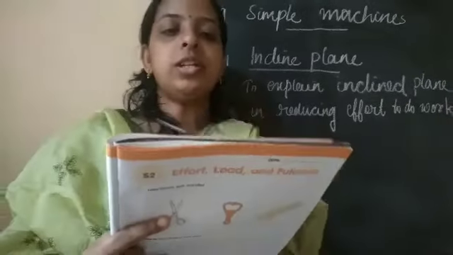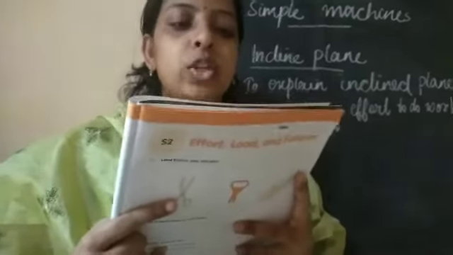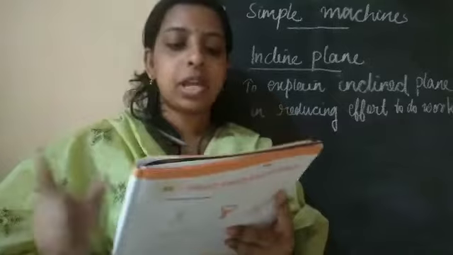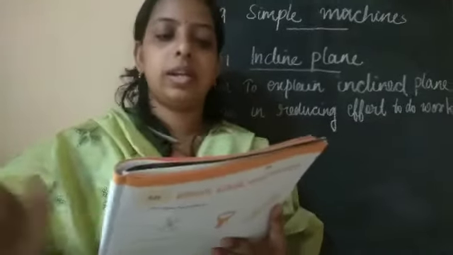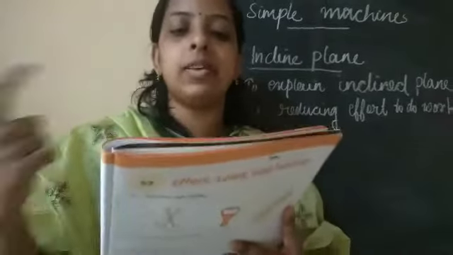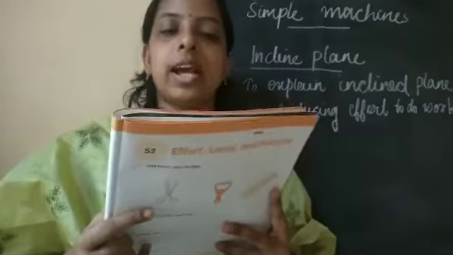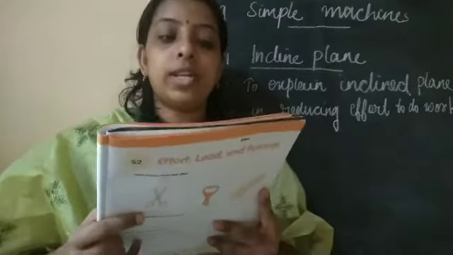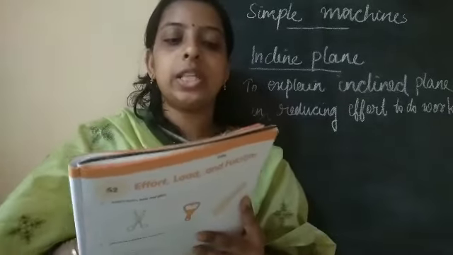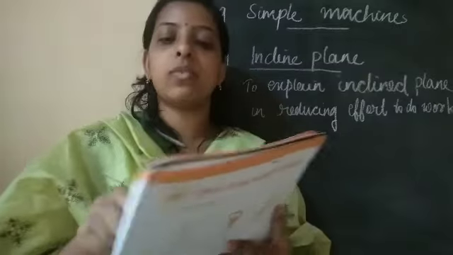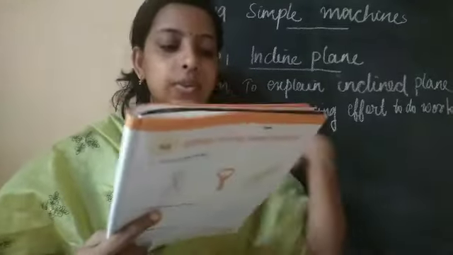Open your worksheet S1, and in the first one, circle the pictures that show an inclined plane. Here you can see 4 pictures, and you can consider which picture is an example, or which one is an inclined plane. In that first picture, you can see the slanted surface, that you can circle, and the rest of the 3 are not inclined planes. Okay, the first one only you have to circle.